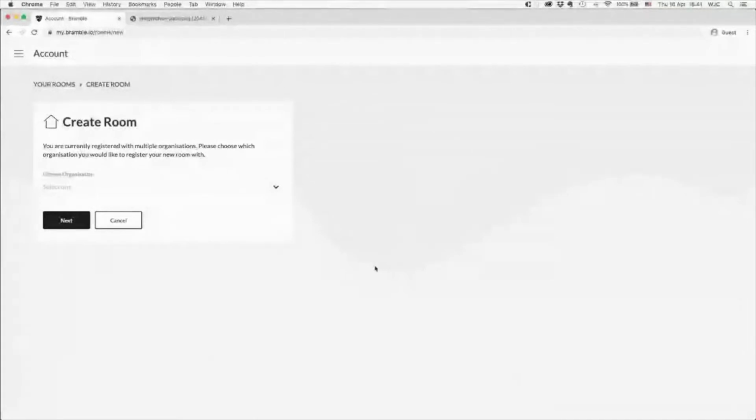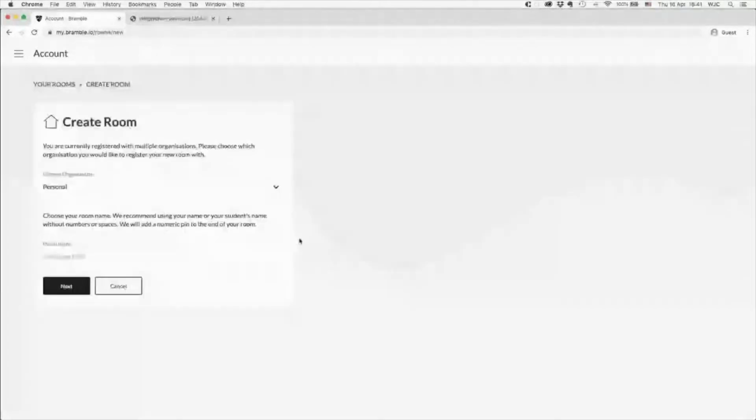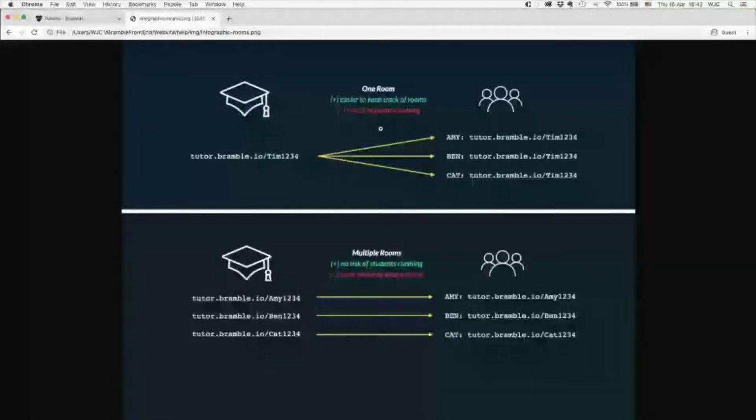Now, if you're registered with multiple organizations, you'll see this drop-down menu that will let you choose which organization you want to register your room with. If you're just registered with one organization, or you're just registered as an independent tutor, you'll skip that step, so you don't have to worry about it. Then we ask you to choose your room name. Simply input your student's name and click next, and that will generate a room for you to use with that